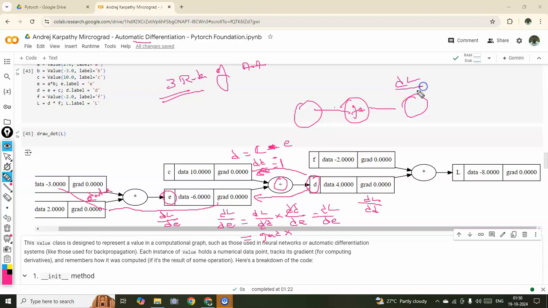Already we have calculated dL/dC, with C, B and A. So now we have to calculate dL/dA, which is nothing but the function of